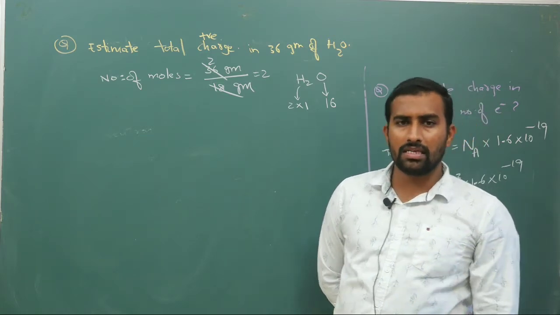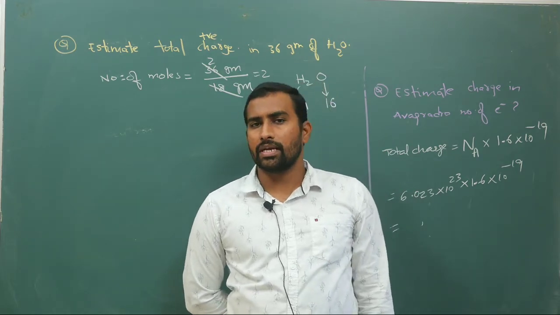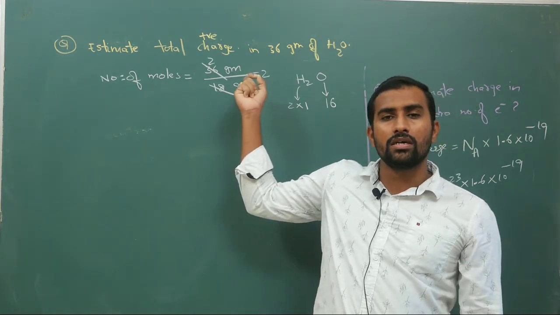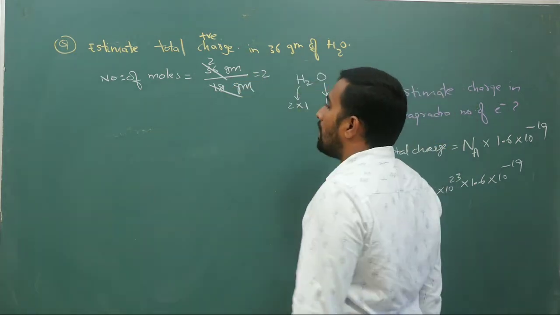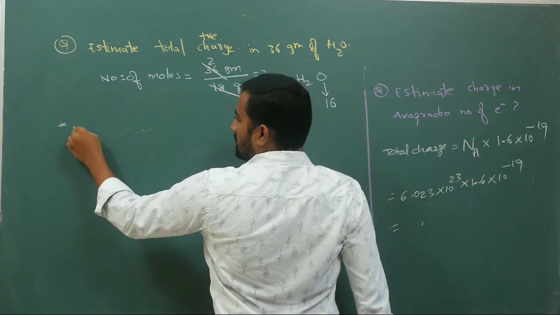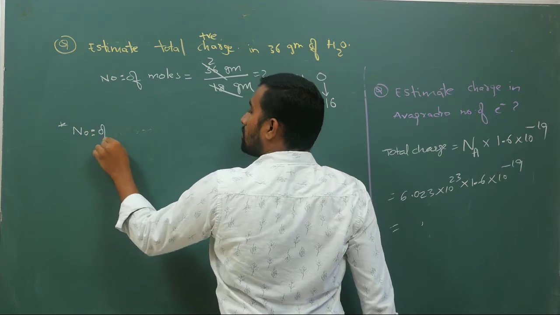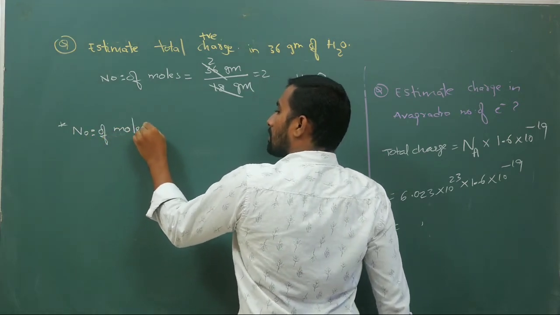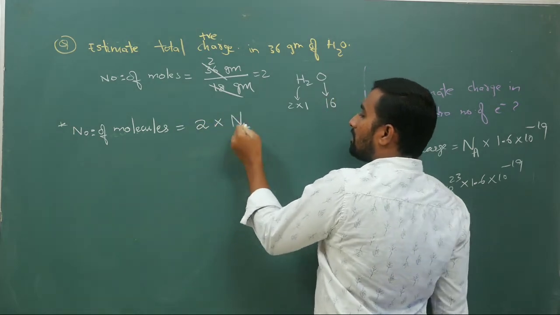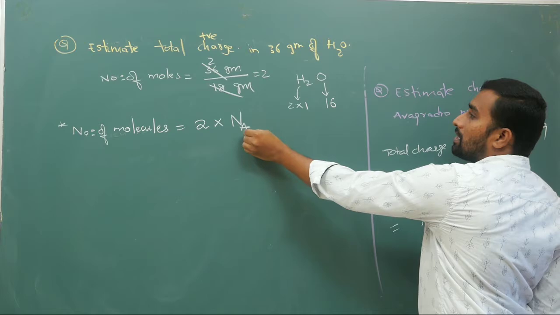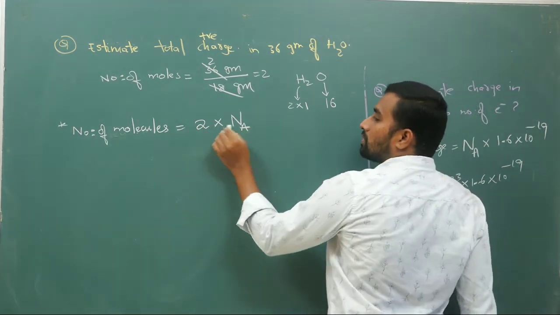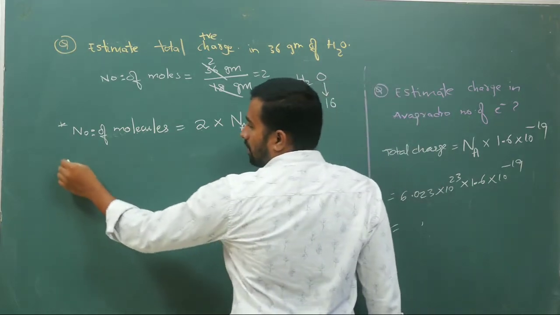Okay, now many people just think Avogadro number is number indicating atoms. Avogadro number is just a number to indicate something big. It can be atoms, it can be molecules, anything. Here H2O is a molecule. Okay, so now here, your number of molecules is 2 moles times Avogadro number. Your Avogadro number is 6.023 into 10 power 23. So 2 times Avogadro number is your number of molecules.